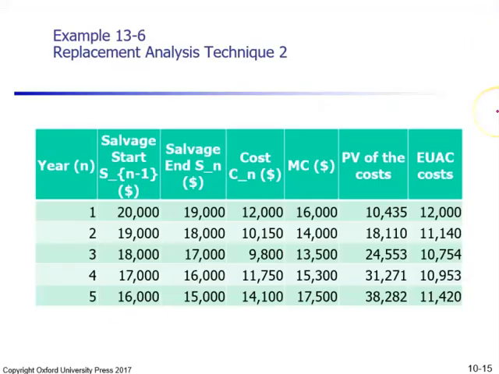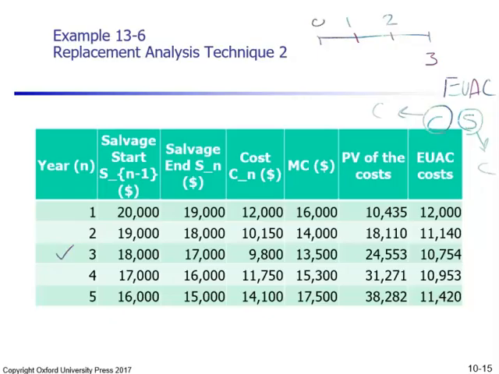The next step is calculation of EUAC of the capital and salvage values that we have. Capital is a cost, salvage is an income. To show it to you, here in this case, let's go for year 3. If you want to keep your machine for 3 years, that's what is happening. Year 1, 2, and 3,